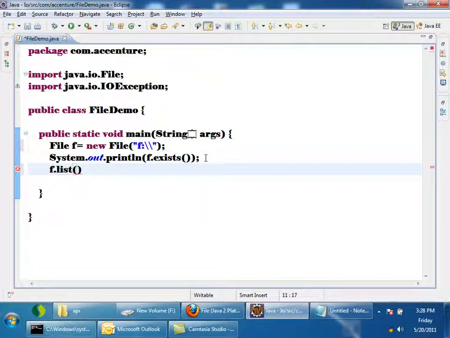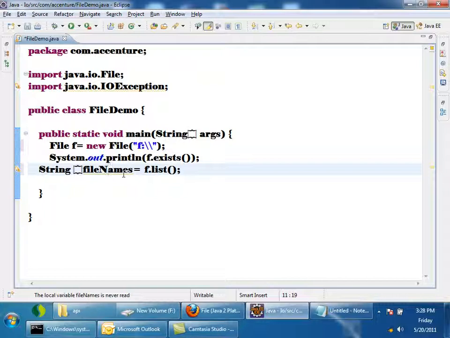I will take that object in a reference here: String array fileNames is equal to f.list, which returns an array of all the file names.